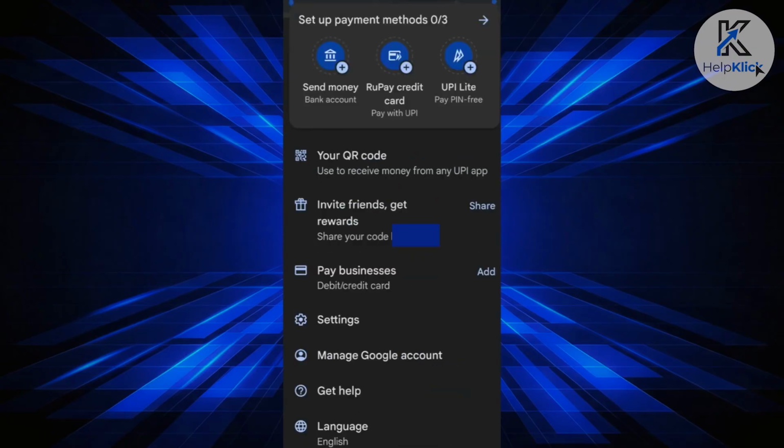Now, on the next page, you should see options for, for example, seeing your QR code, inviting your friends, but also Pay businesses, which has the debit or credit card option. The Pay businesses option is what you'll be using as a payment method, or the card you'll be using for paying for certain services through the Google Pay app. So in this case, just click on the add button next to Pay businesses, and from then on,